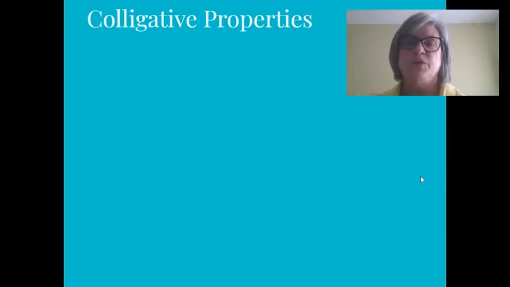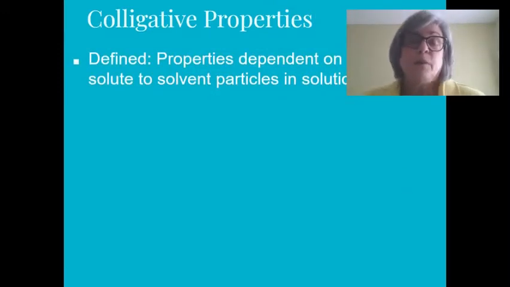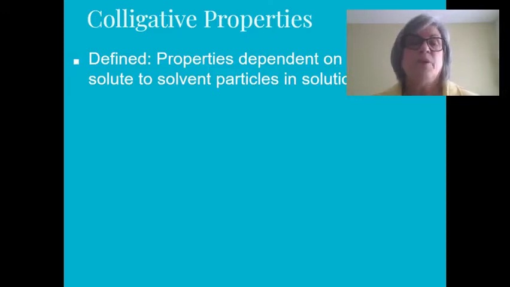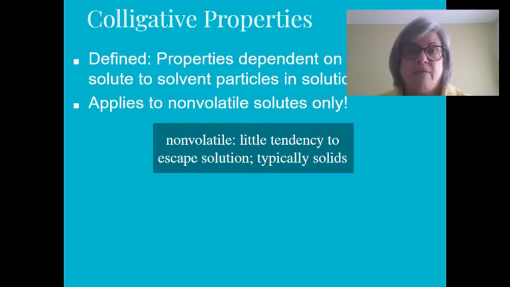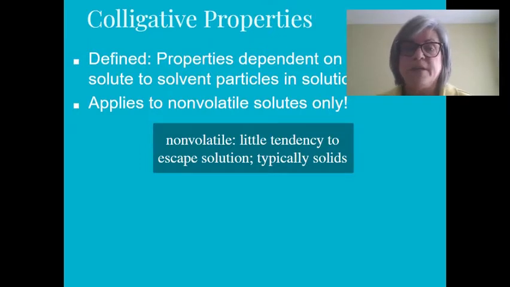This video is going to help you to fine-tune your definitions of colligative properties. To begin with, a colligative property is a physical property that is only affected by the number of particles that you dissolve into a solution, not on the identity of those particles. And so colligative properties are affected when you raise the number of solute particles that are dissolved in the solvent. It applies to non-volatile solutes only, and a non-volatile solution is one where evaporation at the surface tends not